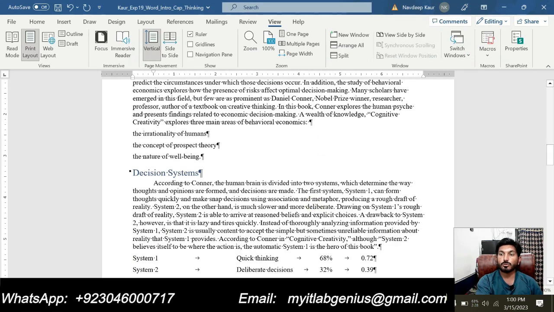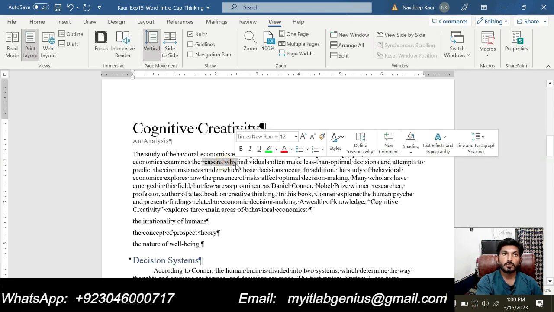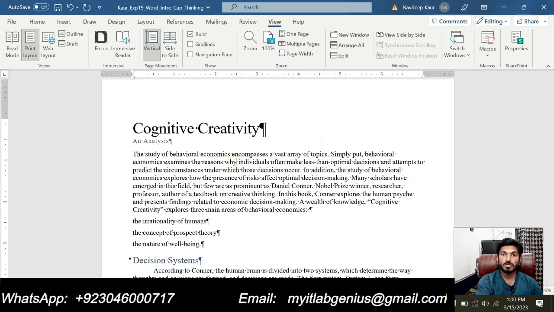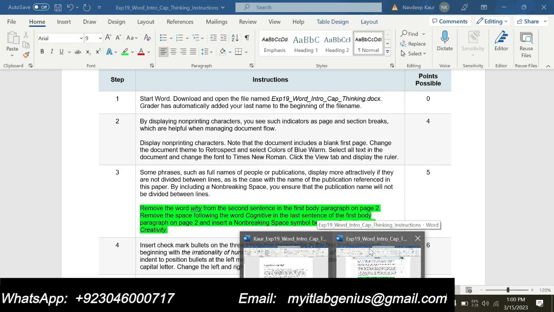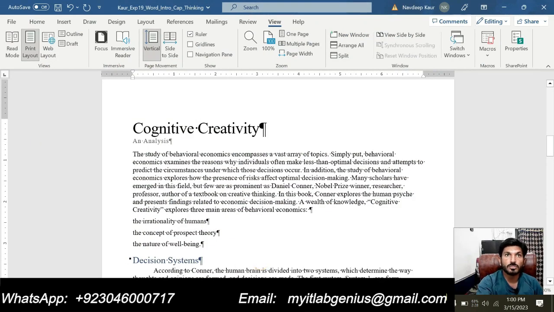So first we are supposed to remove the word "why" from the first body paragraph, this one. We are supposed to remove this. Remove the word "why" from the second sentence in the first body paragraph on page 2. So we have removed this word.